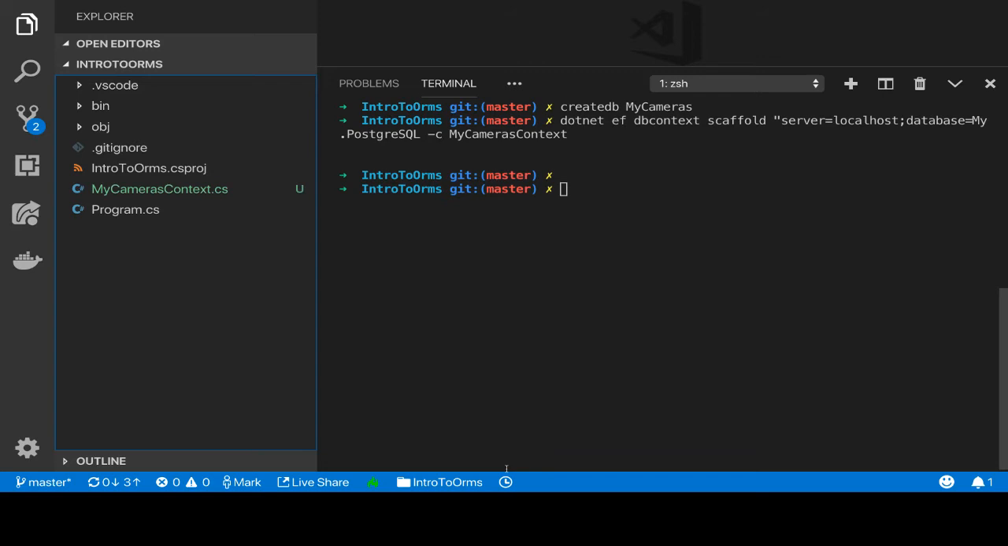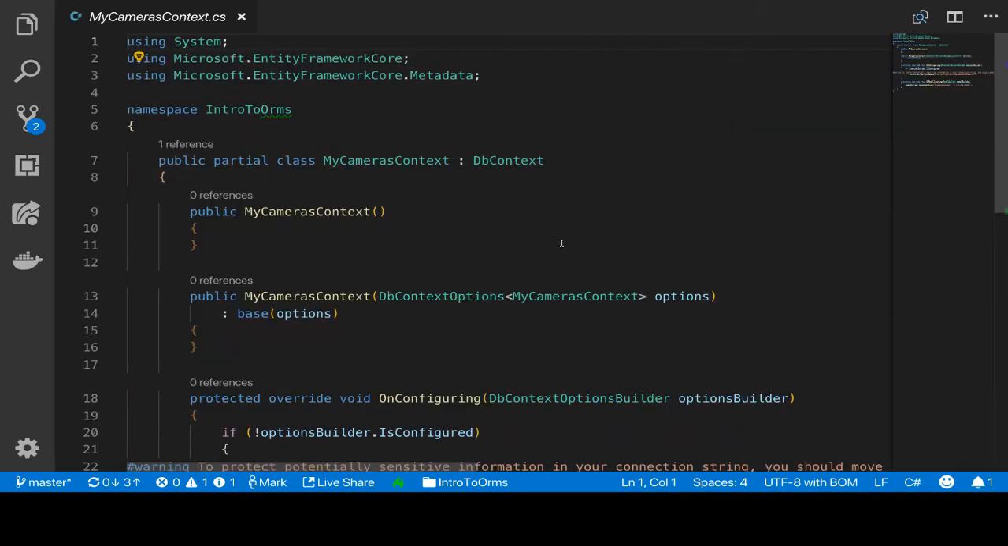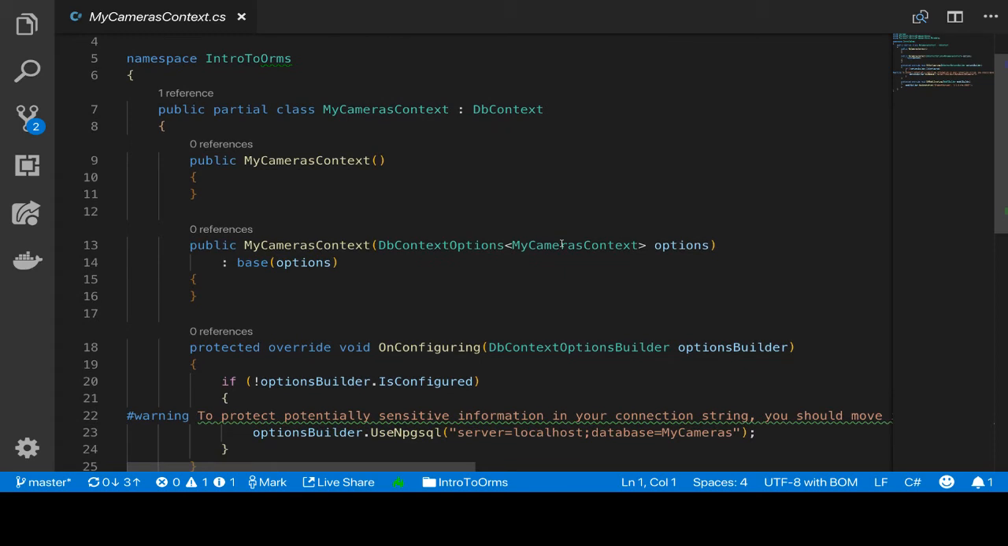So as we see, it has created for us a my cameras context. So let's check out what's in there. Okay. So yeah, it has created for us a new class called my cameras context that